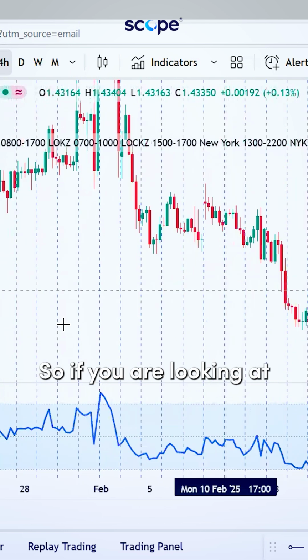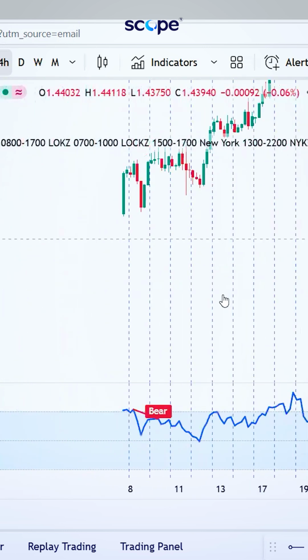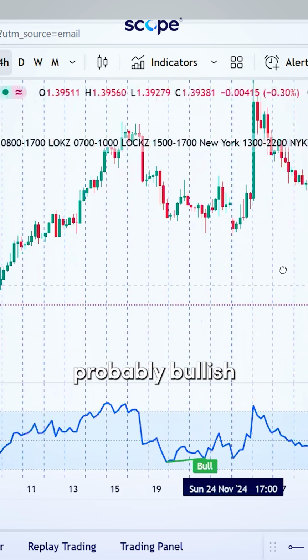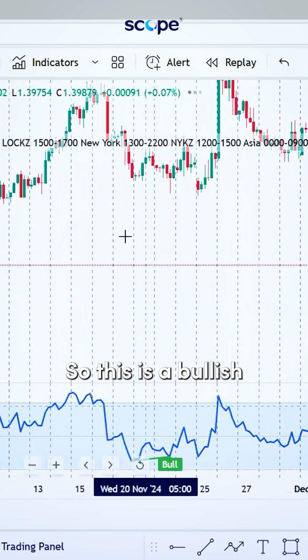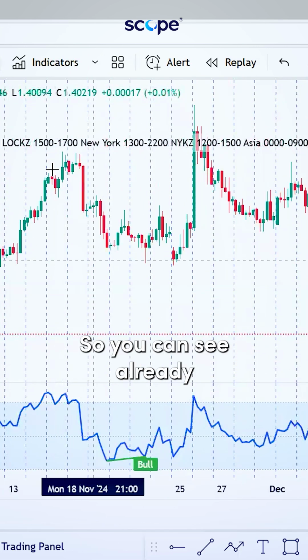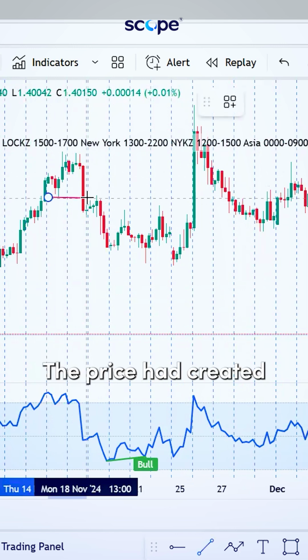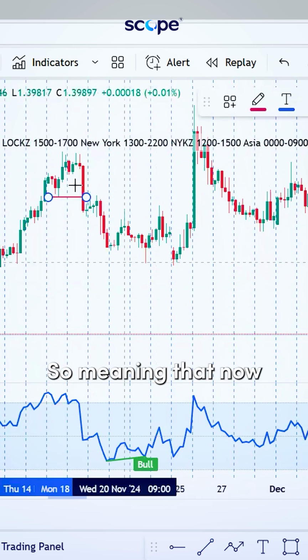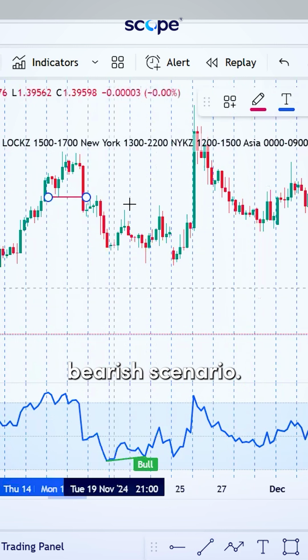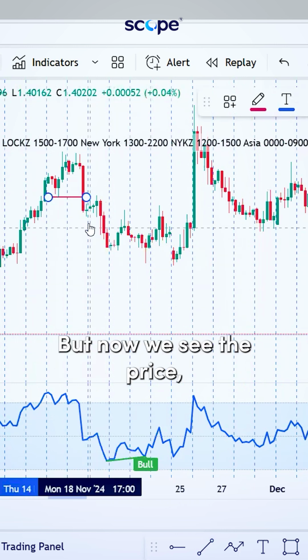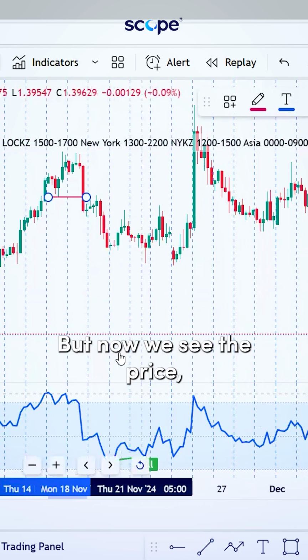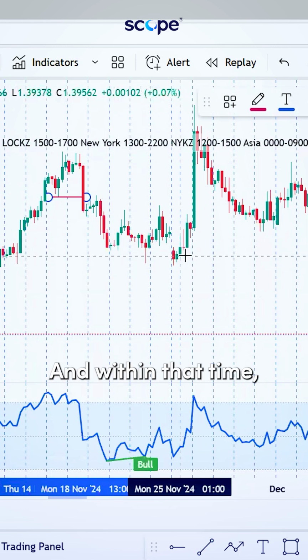Okay, so if you are looking at maybe bullish sentiment, right? So this is a bullish sentiment. You can see already the price had created a change of character, right? The price had created a change of character there, meaning that now we are entering a bearish scenario, but now we see the price, this divergence, and within